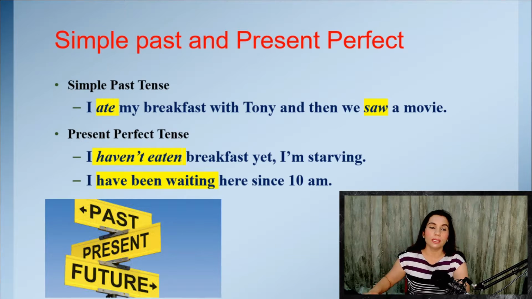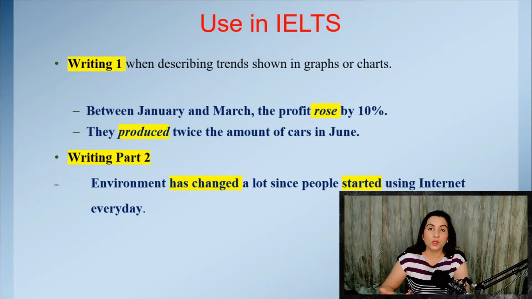Now how, or where, will these tenses be used in our IELTS? Past tenses are normally used extensively in writing task 1, where the report writing is to be done and describing the trends. So as I've told earlier, if the time duration is of the past, that is, the years mentioned are less than 2020, there we have to use the past tense.